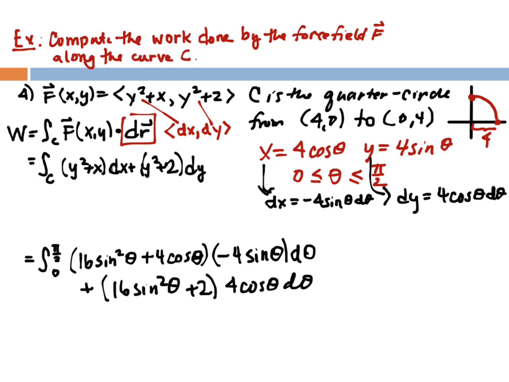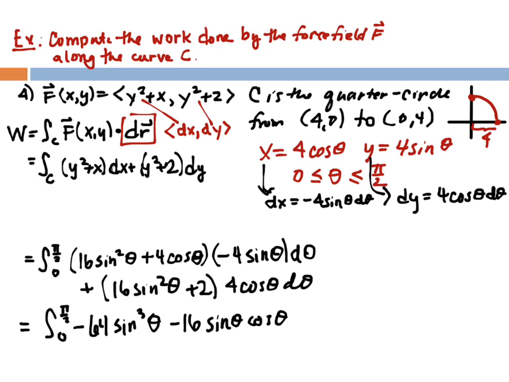Look at all that wonderful trig going on. We're going to have several lines of cleaning up some trig now, aren't we? Probably so. All right, so let's take a look at what we've got. Let's distribute things and simplify what we have. I have sine cubed, I think, yes? And is it negative 64? Negative 64 sine cubed theta minus 16 sine theta cosine theta plus,